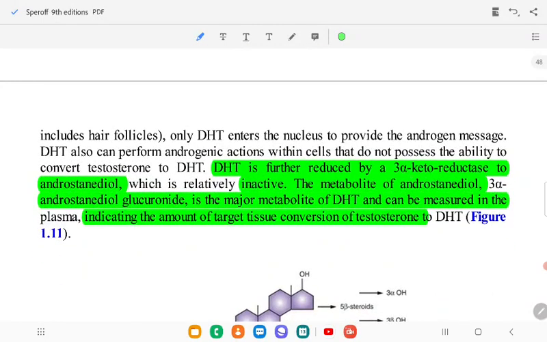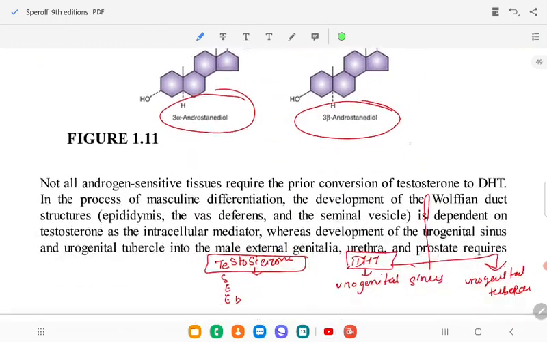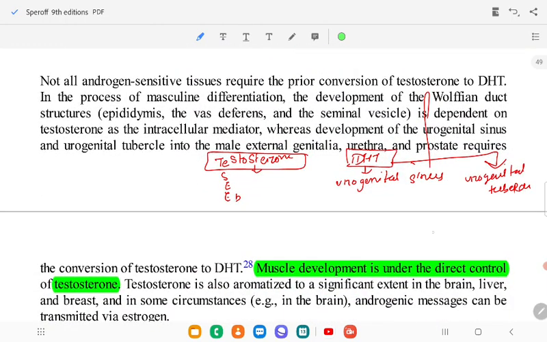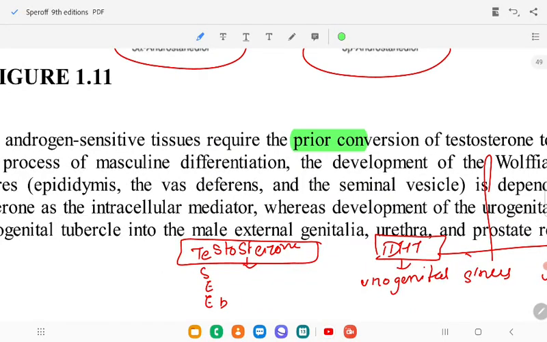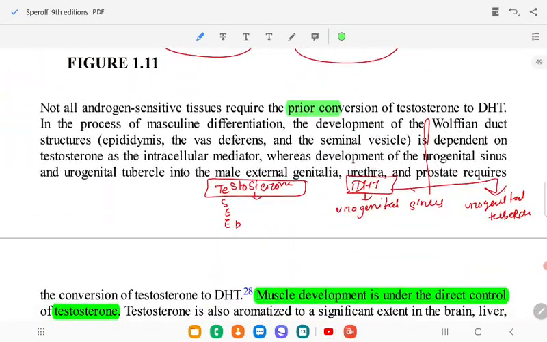DHT is further reduced by 3-alpha ketoreductase to androstanediol, which is relatively inactive. The metabolite 3-alpha androstanediol glucuronide is the major metabolite of DHT and can be measured in the plasma to indicate the amount of target tissue conversion of testosterone to DHT. Not all androgen sensitive tissues require prior conversion of testosterone to DHT. In the process of masculine differentiation, the development of the Wolffian duct structures